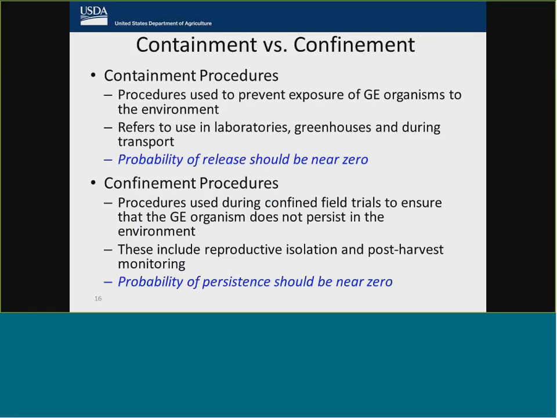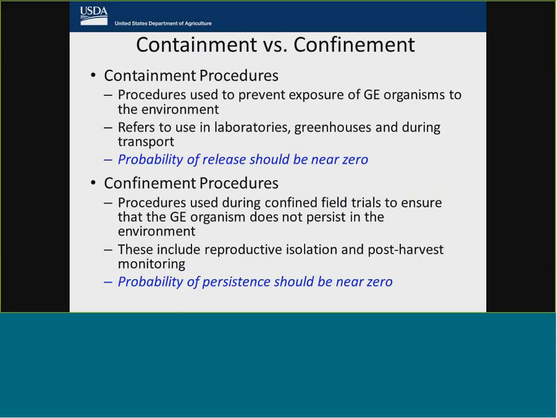I want to touch briefly on the difference between containment and confinement as we view it. Containment procedures are procedures used to prevent exposure of GE organisms to the environment. This generally refers to use in labs, in greenhouses, and during transport. And here what we're really aiming at is a probability of release near zero.